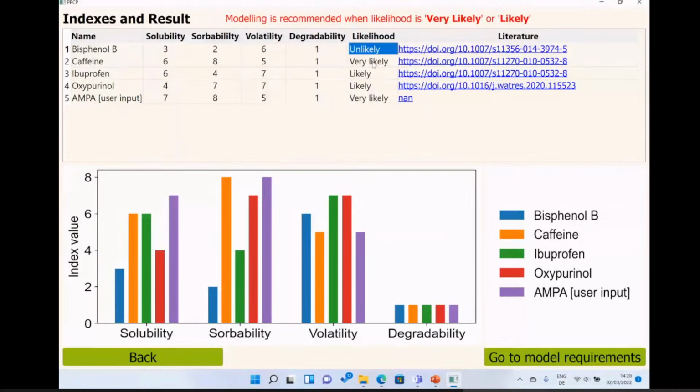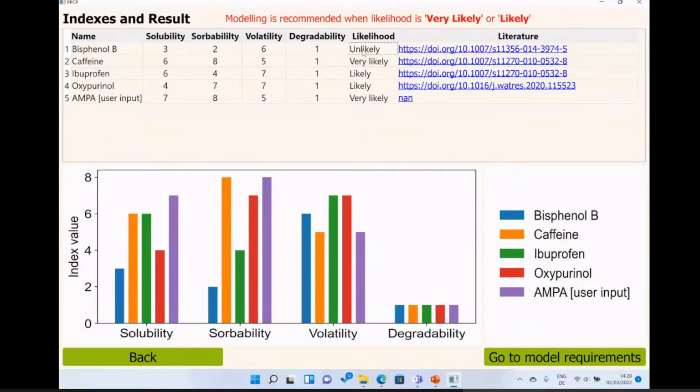If you want to know more about these chemicals or substances, modePROCON also provides you a link to literature for each PPCP or each substance. Basically, this one was added by us, that's why there was no reference or literature suggestion here. But for the other four, which come out of the default database, there is a paper. You can click it, it's a hyperlink, and the paper will open. If you have access, then you can read it. Otherwise, you have to buy or arrange access. I'm not opening it now, but let's just focus on the results.